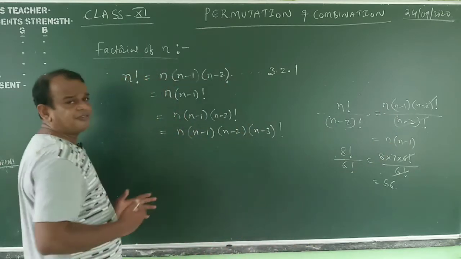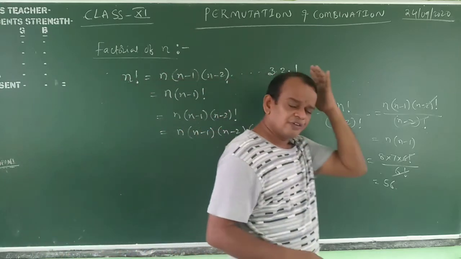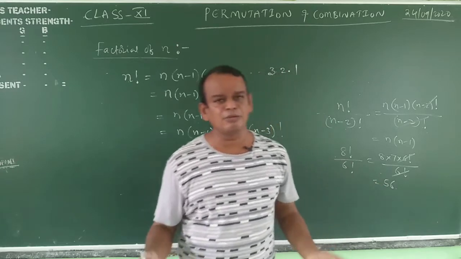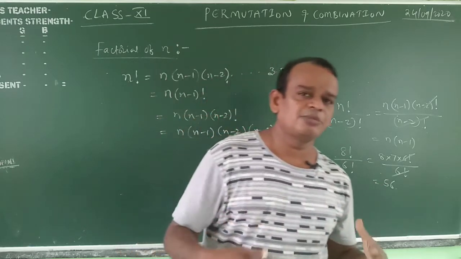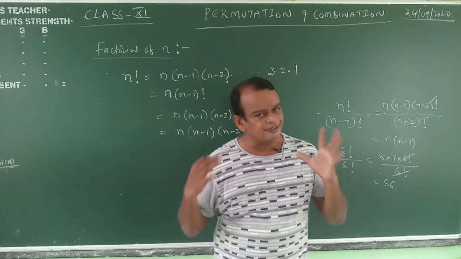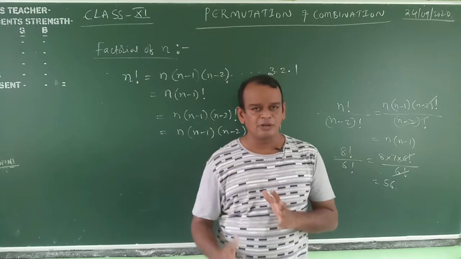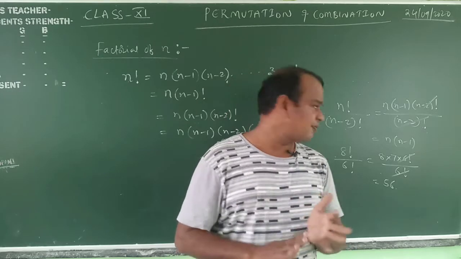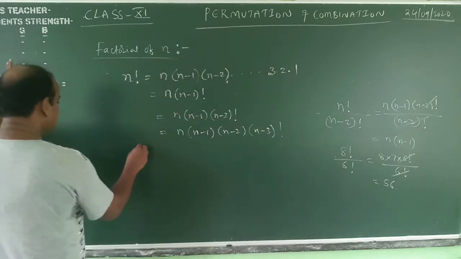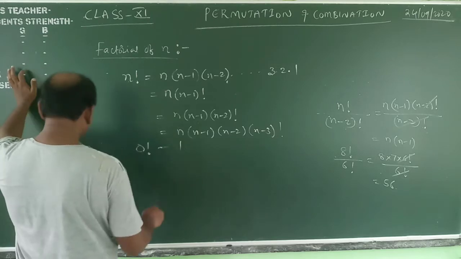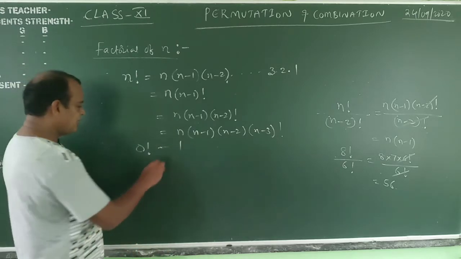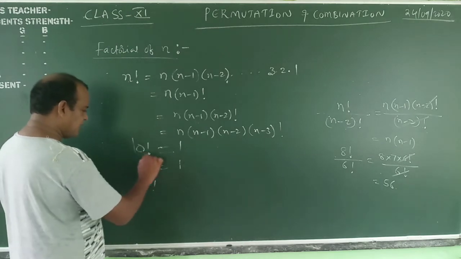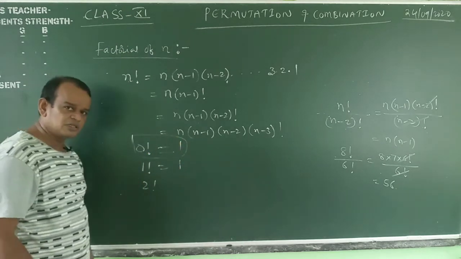Okay, my dear students, this is the factorial of n. This is very, very important. Factorial of n means the continued product of the natural numbers. Remember that the continued product of the n natural numbers is called the factorial of n. 1 factorial means 1. 0 factorial is also 1, and I will explain that later. 0 factorial is 100% equal to 1, and 1 factorial is equal to 1. Must and should, I will explain this.